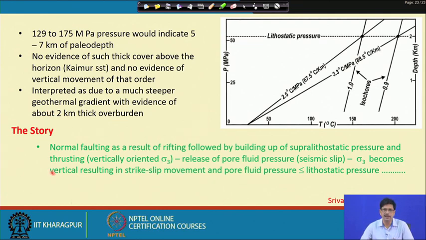makes a very coherent and consistent picture when the fluid inclusion data is integrated with whatever other information has been gathered from the structural analysis and from all other geological considerations taken together. So, this kind of geothermal gradient is possible only if there is a rifting in that particular segment of the lithosphere. So, then this particular